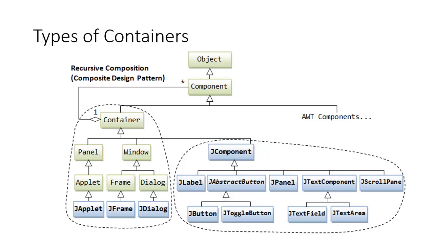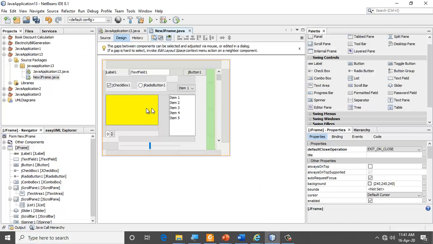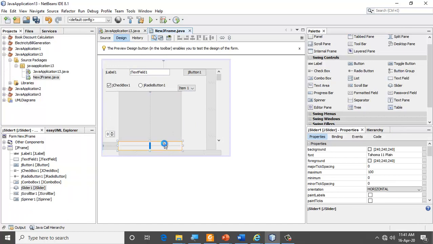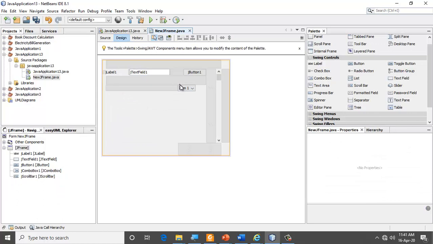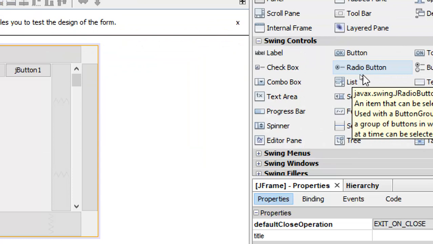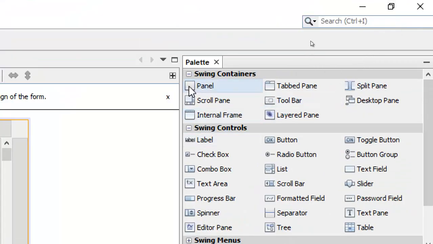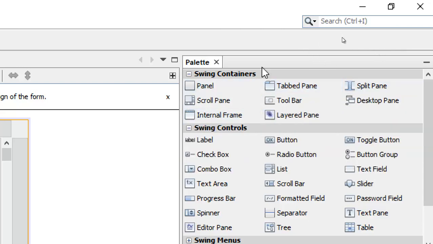Now let's go to the NetBeans over here, and I'm going to remove some of the components from here by just clicking and deleting. The NetBeans will do the needful things for me whenever I try to do that. So I have removed a few of the components. Now if you notice on the other side, you have swing controls right at the top. You notice that container. I have only shown you something called J panel, but you have J tabbed pane, split pane, toolbar, and so on and so forth. All of them are nothing but containers.